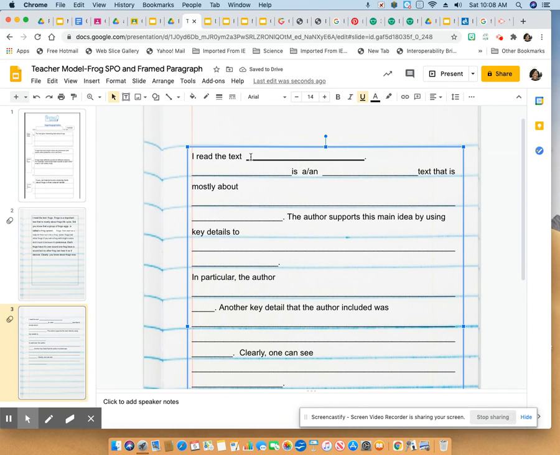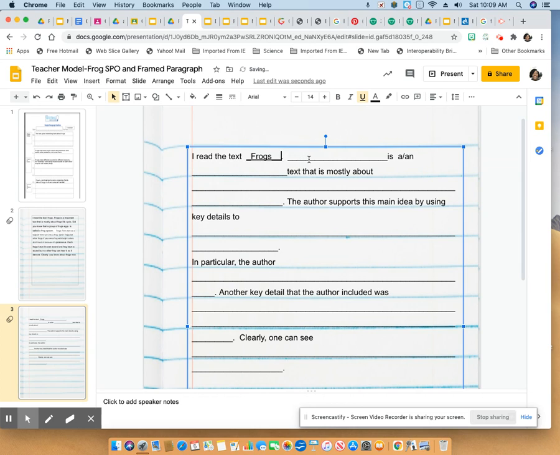Okay. And then you can start typing. I read the text, frogs. Okay. Now, if you don't want to do that, you can take the line out before you write. So you can do it like this as you go. I read the text, frogs. See, I'm underlining. So the words that I'm writing are underlined. I read the text, frogs. Okay. Here, I would write frogs